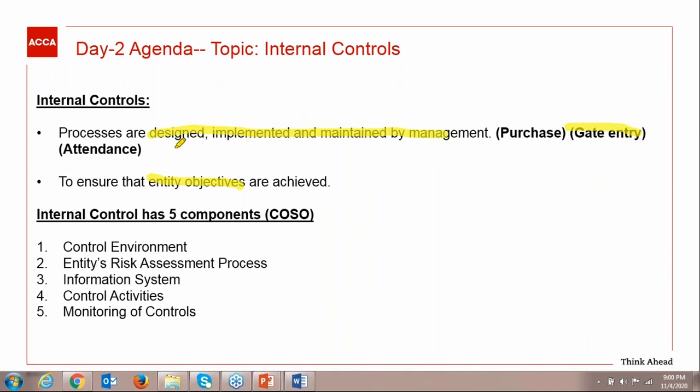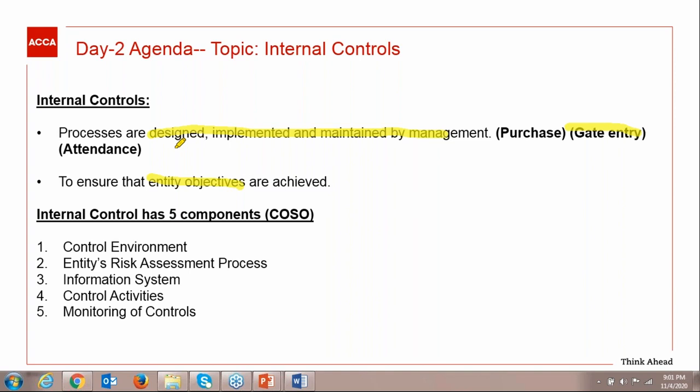I am just here to give you an understanding about the control objective and what the internal controls are. Remember one thing, please write it down on your notepad. We are not talking about anything about the financial statements. In internal controls, we are not talking about the financial statements. We are just here to discuss the entity's systems and processes.